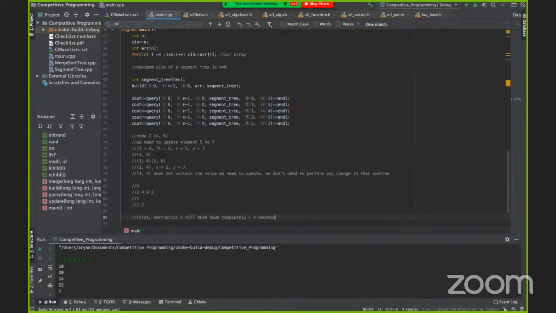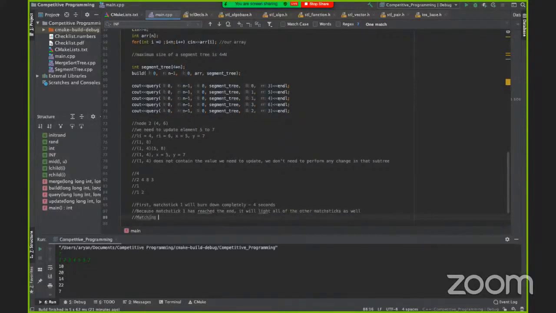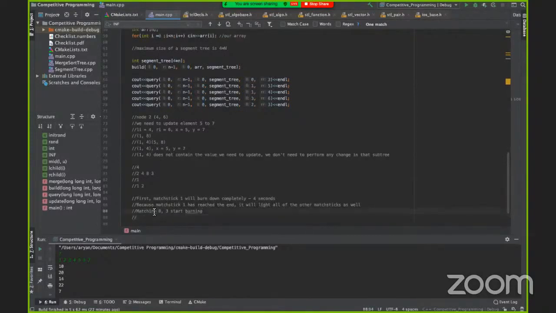Then, because matchstick 1 has reached the end, it will light all of the other matchsticks as well. So now matchsticks 0 and 3 start burning, and at the same time matchstick 2 will start burning on both ends.